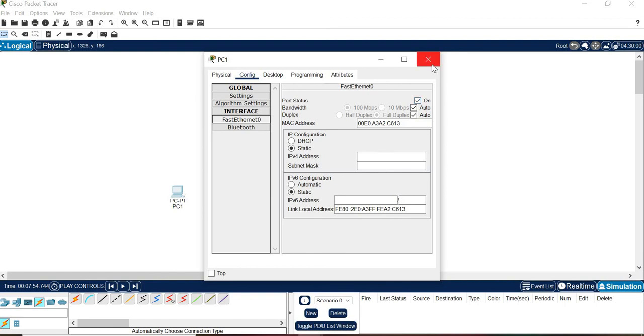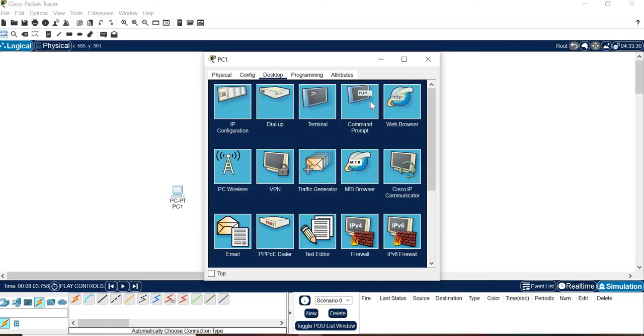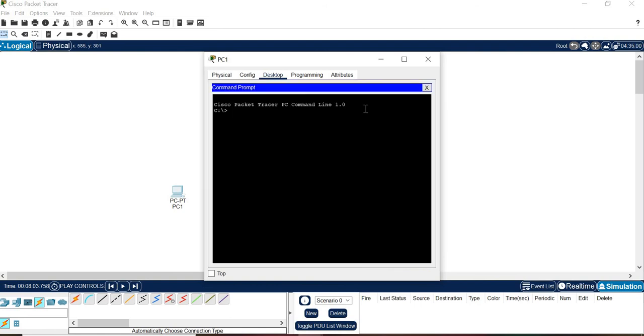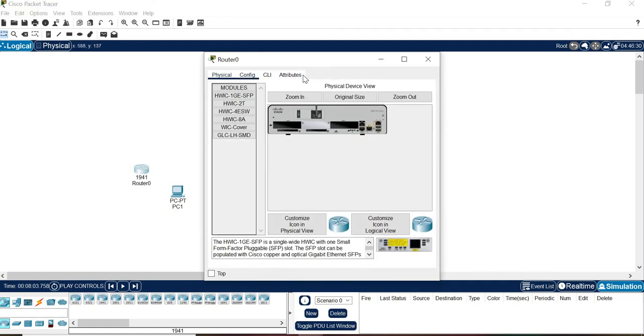After making this connection, if you want to check the connectivity, go to the desktop mode, and under the desktop the command prompt will be there. Click the command prompt, then type the ping command and your destination address, and you will get the reply from that destination. So these are the most common tabs we will use. If I check the routers,